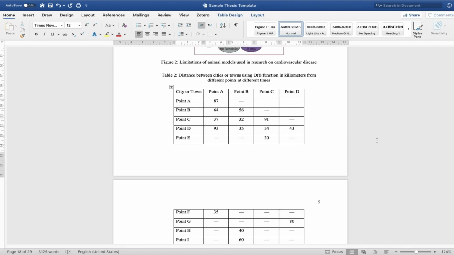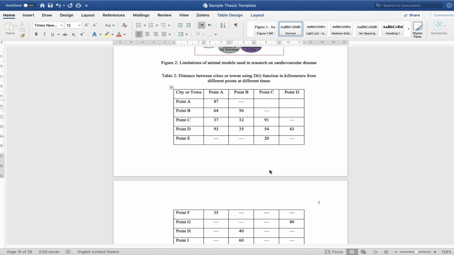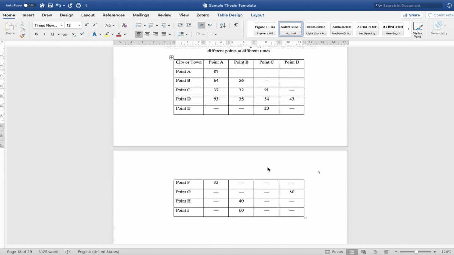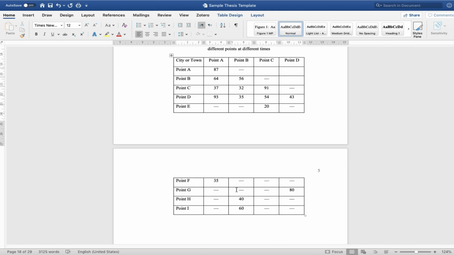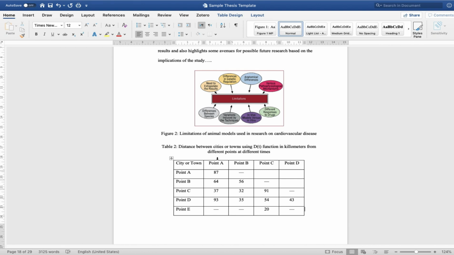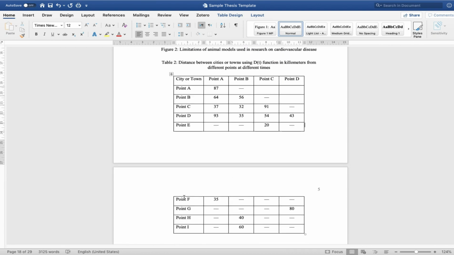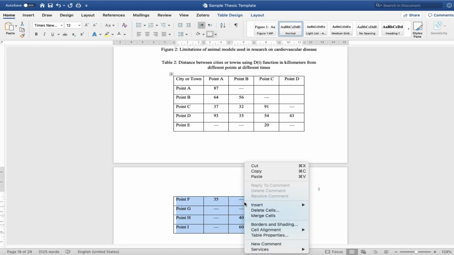If you have a table that spans two or more pages, you have to cut that table so that the reader will know what the table is talking about. See here in our example, if the reader comes and reads here, he or she will never know what this is about. So in this case, you have to repeat the table headers and the table caption. To do so, you go back to the place where your table will start on the second page. You cut that part,